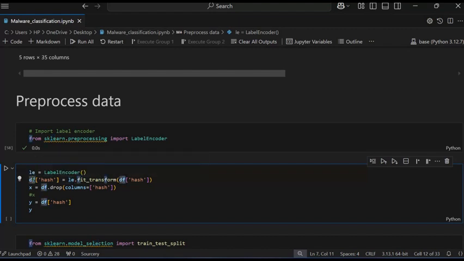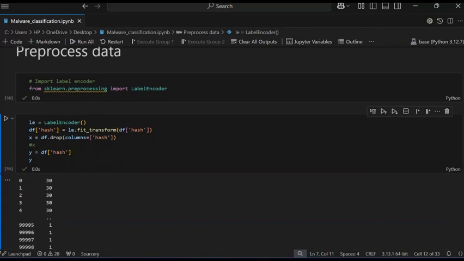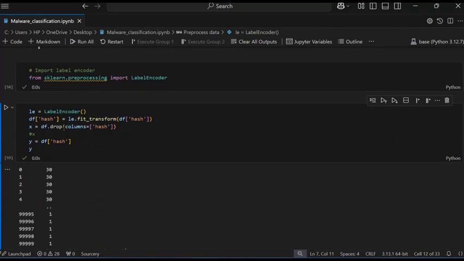Then df is the variable, hash is the column name, where I pass le.fit_transform of df hash, and also drop the hash column. Same for y, and print y. So it gives the output after label encoding.